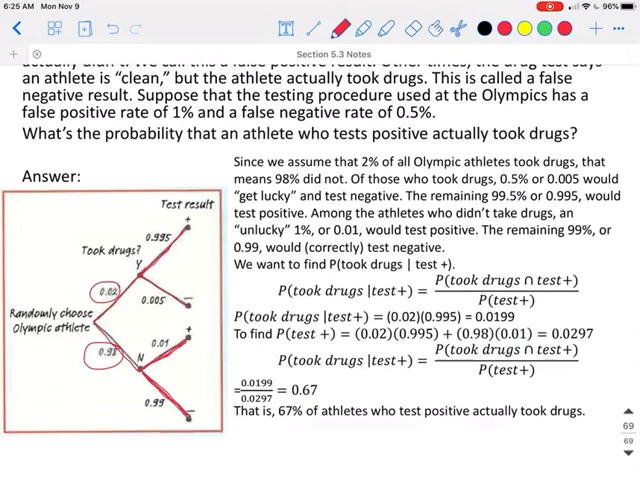Now, if we find these probabilities, remember you can multiply across to get the probabilities. So 0.02 times 0.995 tells us the probability that the person does take drugs and tests positive is 0.0199, or about 2%. If we do this for each of the categories,